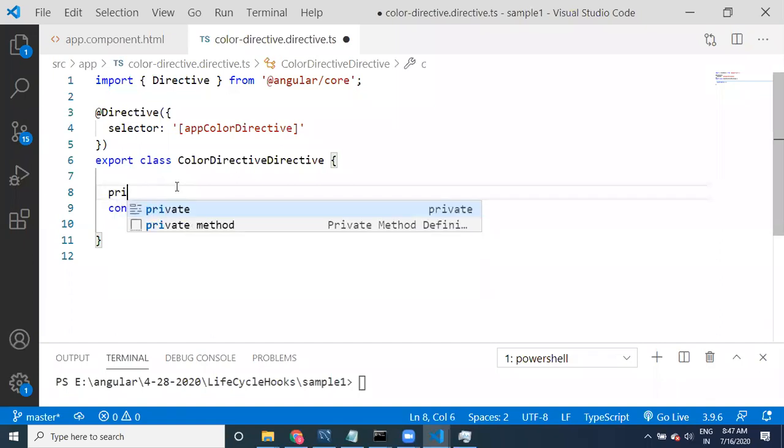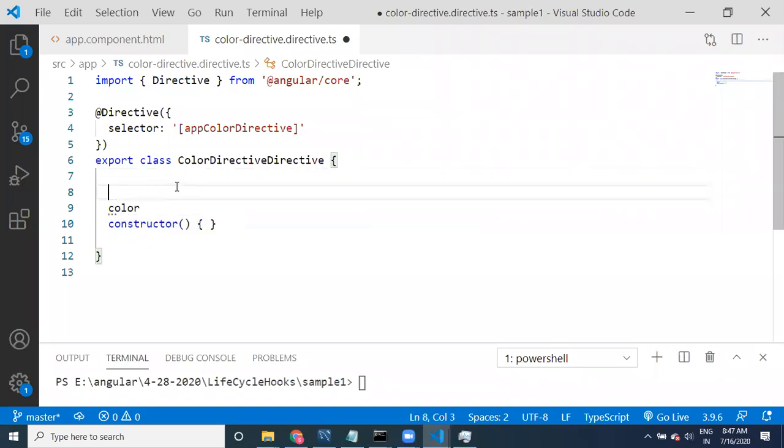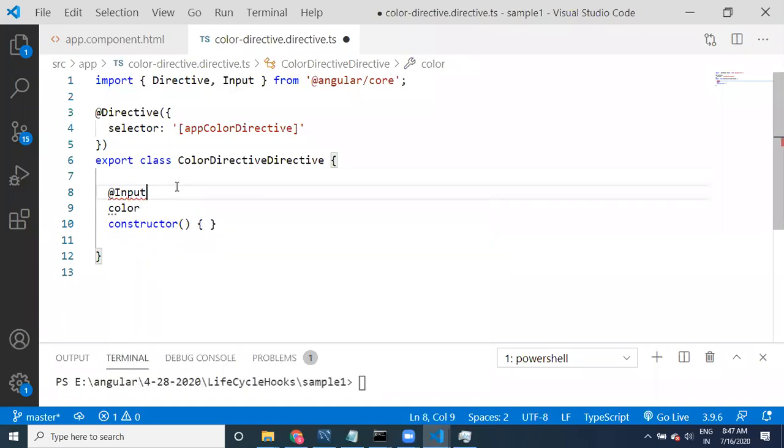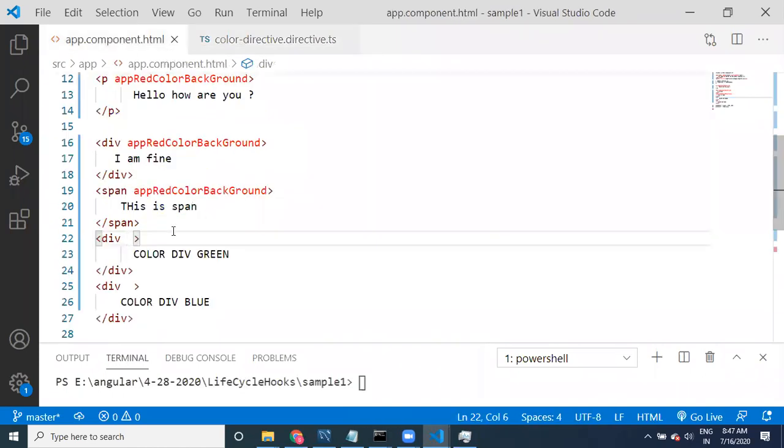I'm going to take a variable, color, and provide @Input. Because of @Input, the same thing that we have taken in a component, in the directive also we can take @Input. And for this color, what you can do is you can apply